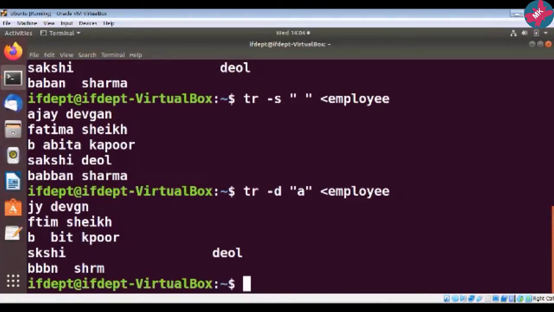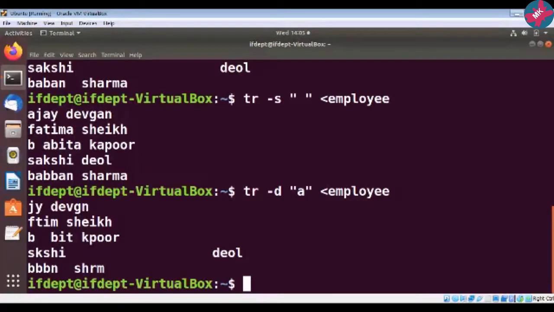So what are the different uses of this tr command? Either it translates, means we have seen two ways to change from lowercase to uppercase, right? Then second, we have also seen how to convert from one set to another set. And third, we have also seen how to squeeze the double characters in the given particular file. And fourth use, we have seen how to delete a particular character within the contents of the file.